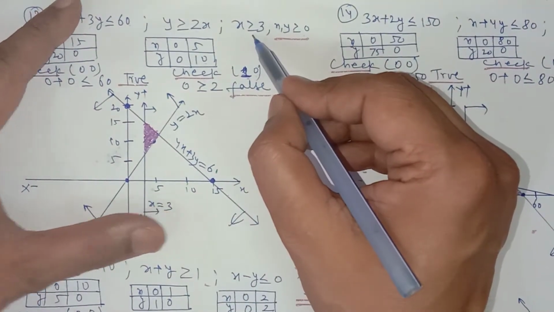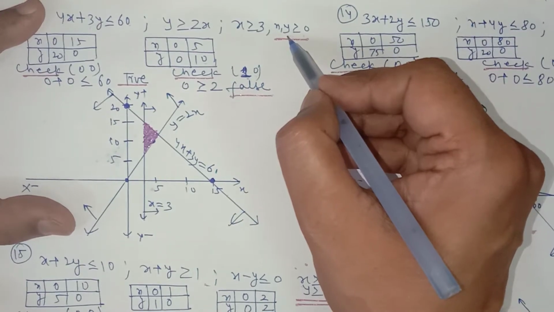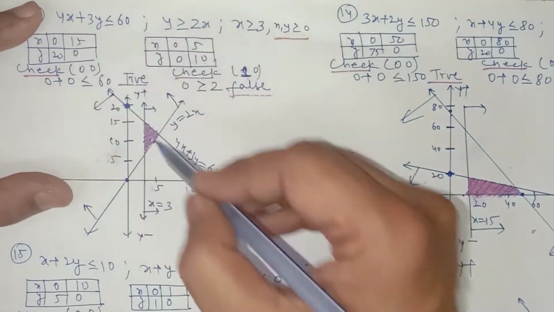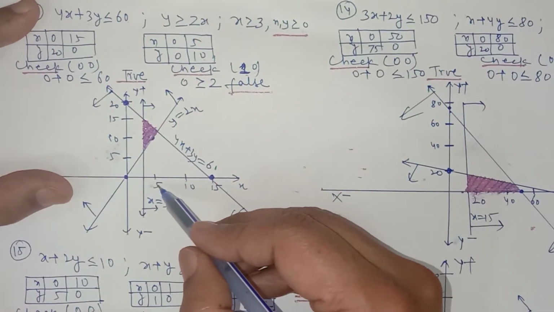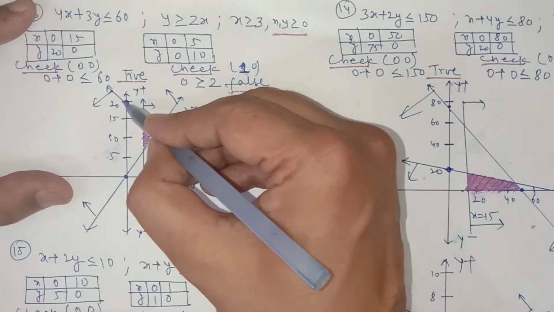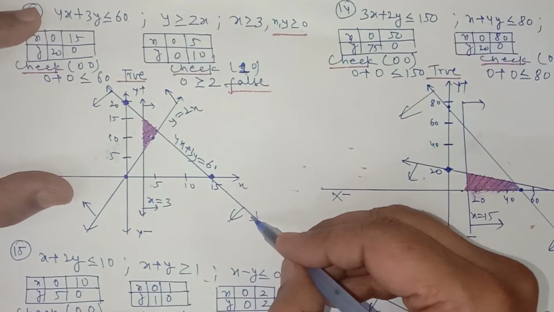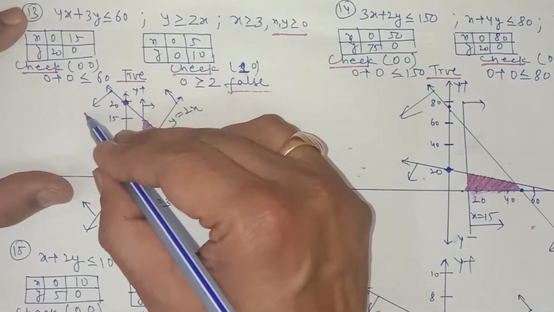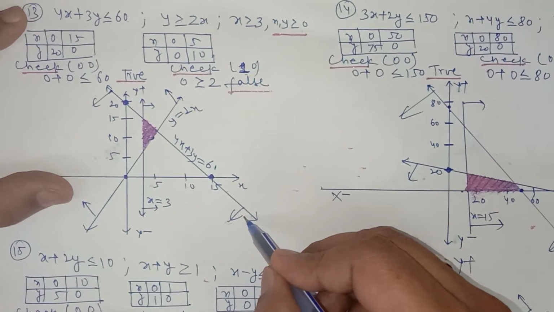Now you can draw this line directly on the graph paper, and it is given as a condition that the common shaded portion should be in the first quadrant. So mark this, taking the proper scale on the graph paper. I have taken 1 unit as 5, 1 centimeter as 5 units. So x 0, y 20, this point, x 15, y 0 is this point. Draw this line, which will be a dark line because the equal sign is there, and because 0, 0 is the solution of this equation, it will be shaded towards the origin.